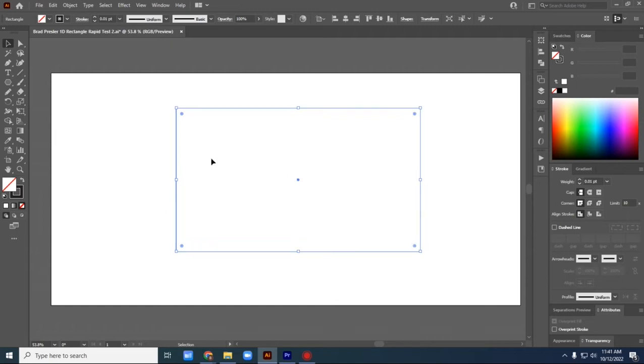To be more precise with the scaling of your object, you must go up to this transform tool right here. With that object selected, your ribbon, this is your ribbon, changes depending on what you have selected. Some tools up here will appear with other objects selected versus what you have selected now. But if you would like to change the size of this, go up to transform, select this,